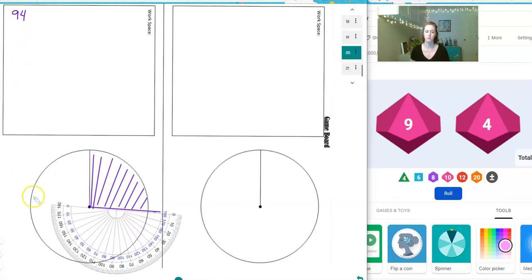So we'll have a visual track of what our angles look like in the circles, and then we'll have a numerical track up here in our workspace. Okay, so let's move on to